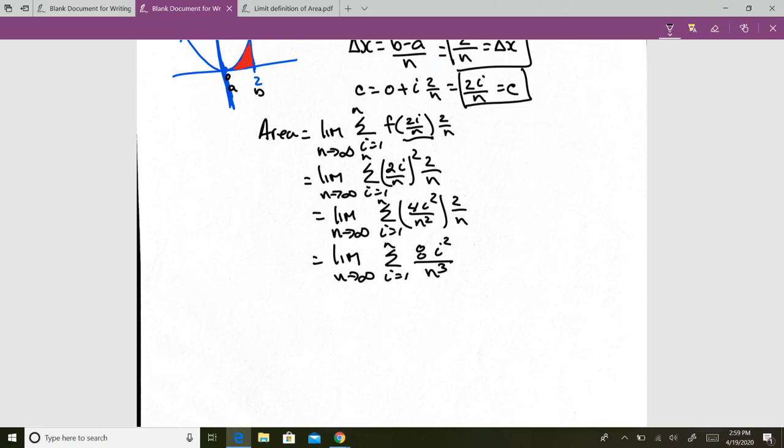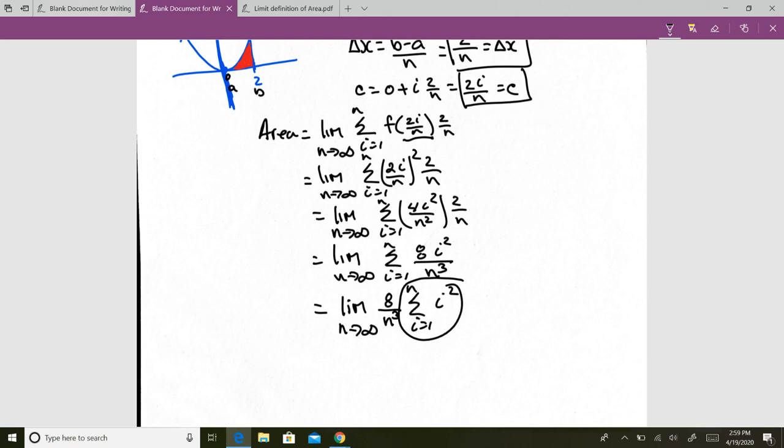All right. n is a constant, because it's the number of rectangles that we're doing. And 8 is a constant, so you can pull constants out. So the limit as n goes to infinity of 8 over n cubed, the summation from i equals 1 to n of i squared. This is good because